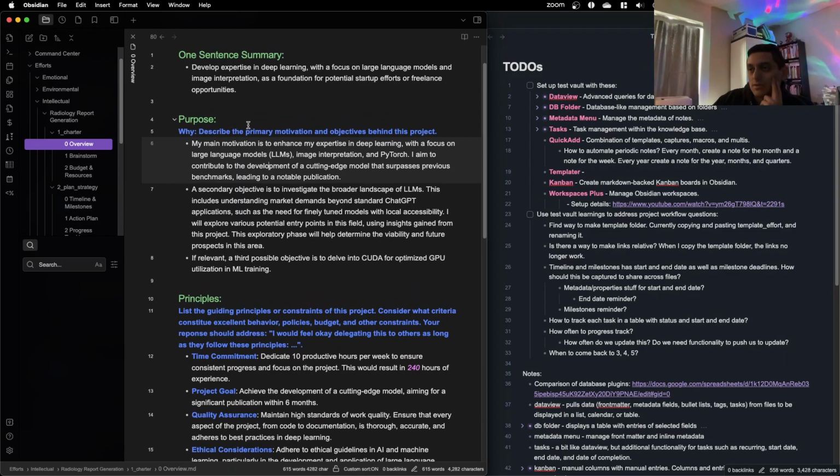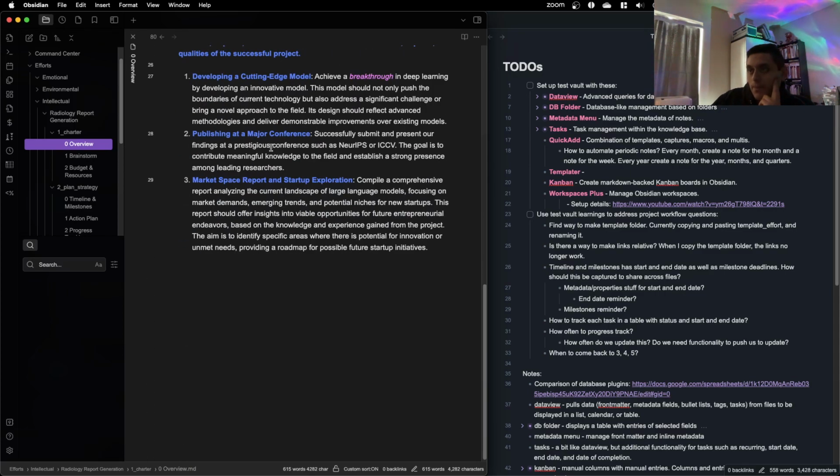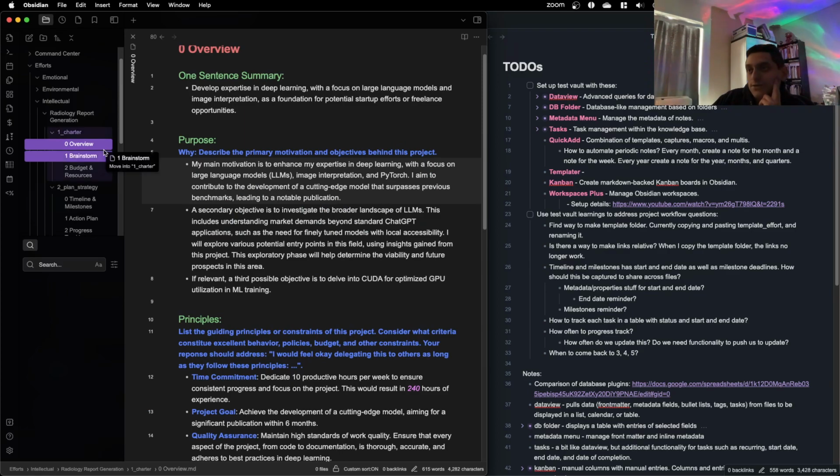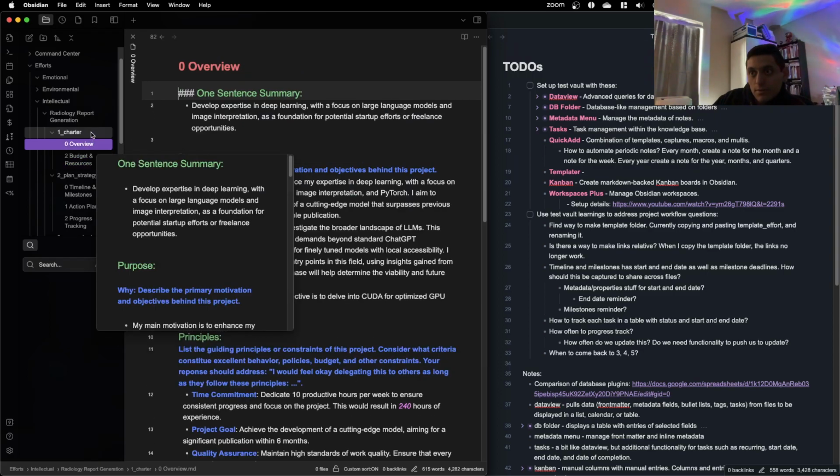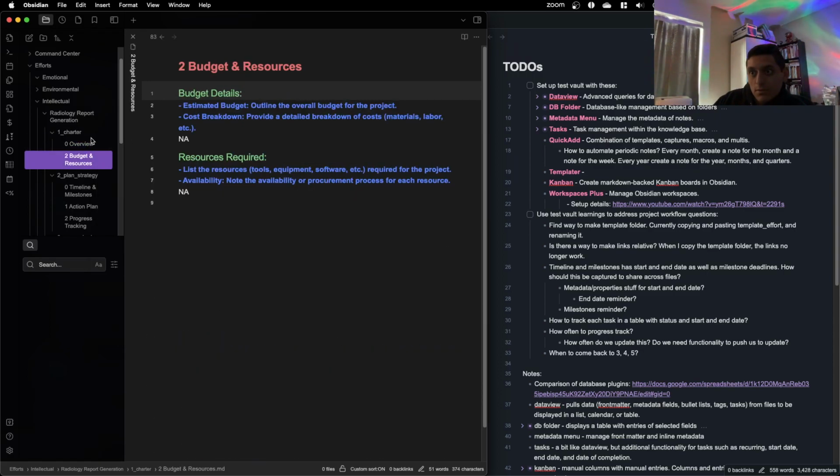I was starting to enhance the prompts, or how it looks, the appearance. And in doing that, I also noted what else I need to do.